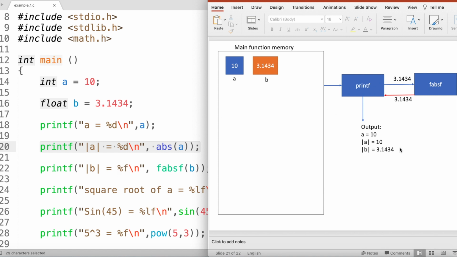Then the printf function will take that value and put it into the placeholder, and it will display this output. Once the printf function completes displaying this output, it will return the execution control to the next statement in the main function. In the next statement, we are trying to print the square root of